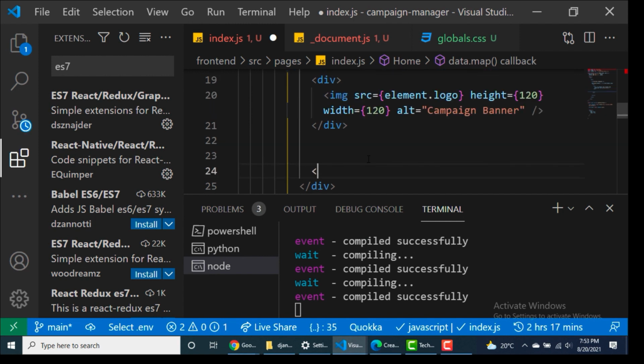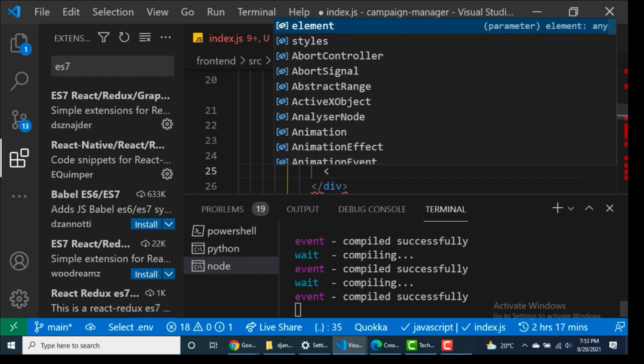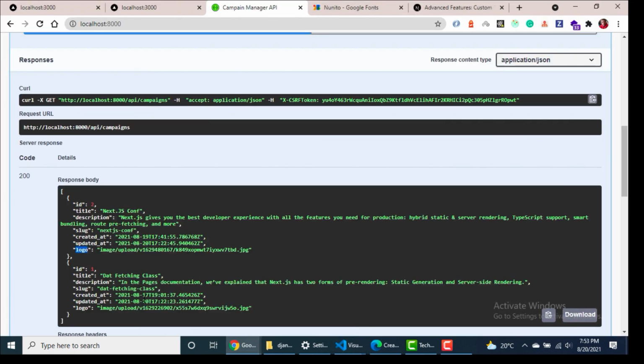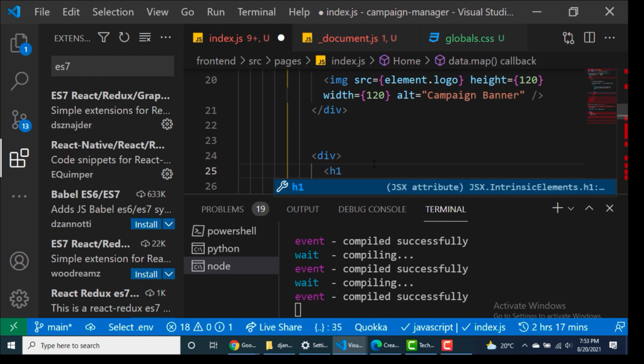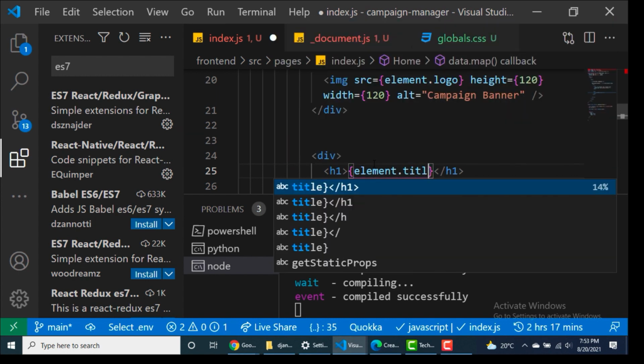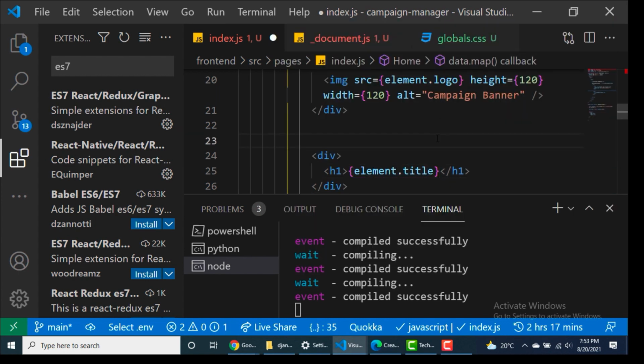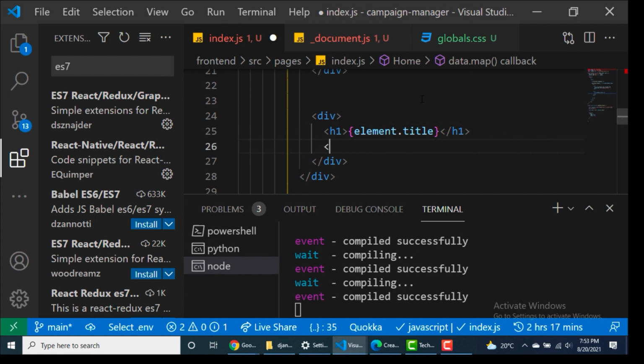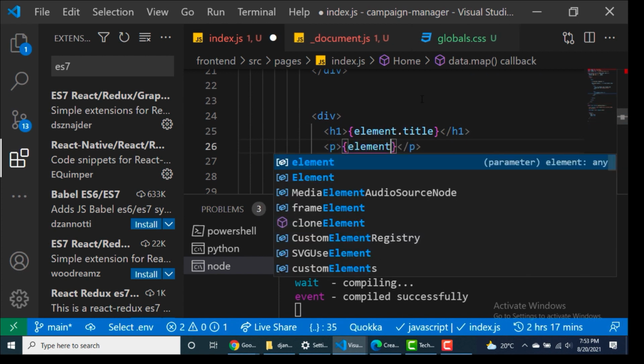So on the right, we want to have another div that's going to have a title, and then the description. And we're also going to show this date here when it was created. So let's have an h1 there, and here we can show the title. So let's just put element dot title. So let's also have the description. So we're just going to have a p, and for the p we show the description, so element.description, and